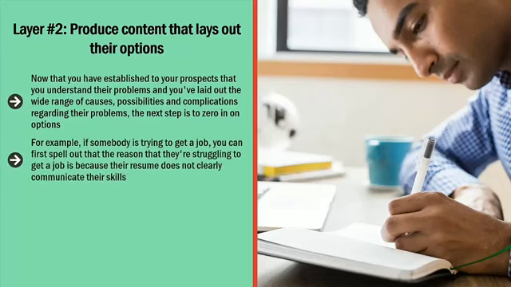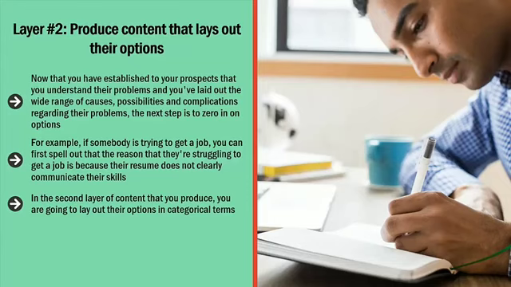For example, if somebody is trying to get a job, you can first spell out that the reason that they're struggling to get a job is because their resume does not clearly communicate their skills. You can also lay out other possibilities, such as they may be applying to the wrong jobs. There might be a mismatch between the availability of jobs in their city and their qualifications. In the second layer of content that you produce, you're going to lay out their options in categorical terms. You basically say,